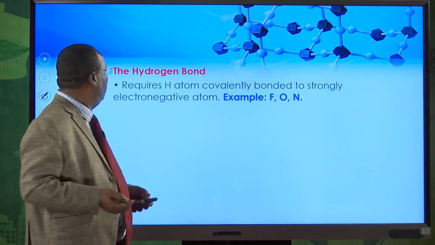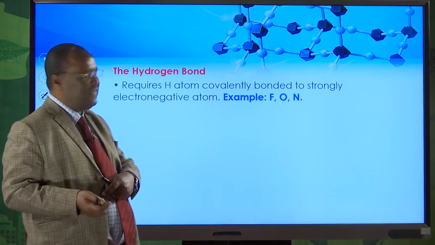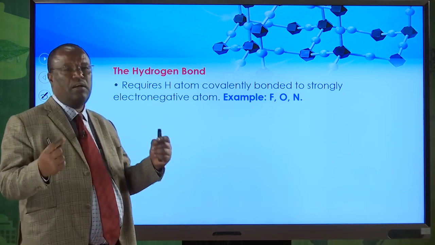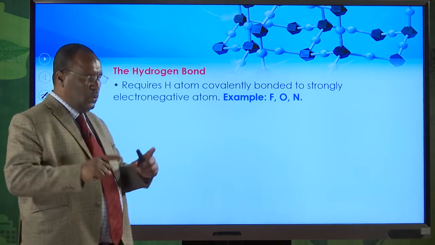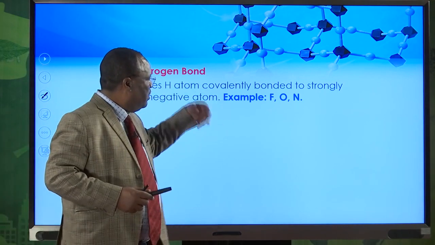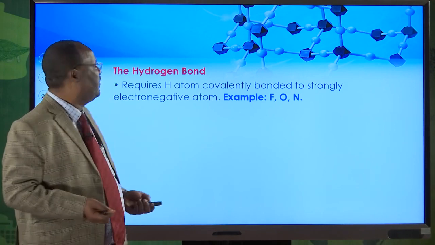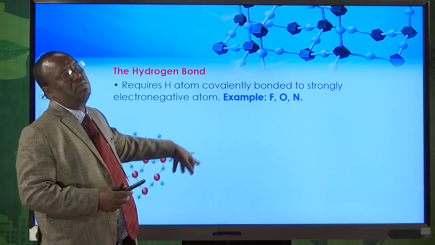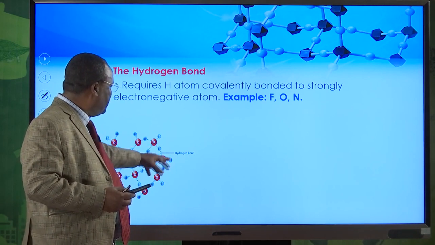It's not a true bond, by the way. It requires a hydrogen atom covalently bonded to strongly electronegative atoms. If hydrogen is bonded to strongly electronegative atoms, there will be a formation of hydrogen bond between the molecules. For example, fluorine, oxygen, and nitrogen are the most electronegative elements. Look at this. There is a hydrogen bond between the water molecules, because there is